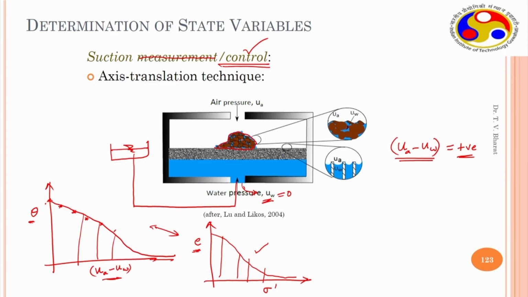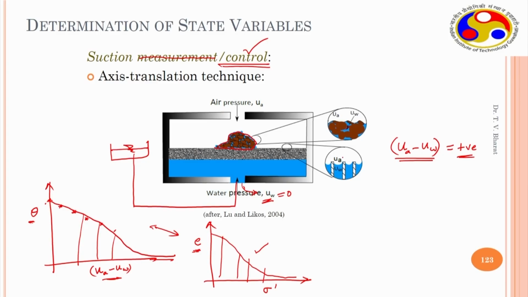So this is again a laboratory technique. This cannot be used in the field. To understand the field dynamics, you may have to get a representative soil sample, place it in the chamber and conduct the test by increasing the air pressure, and this way you can establish the entire soil water characteristic curve. In this particular technique you can do both drying and wetting, so you can establish the hysteresis. Once the air pressure reaches a certain value you can also start decreasing it, and water will be sucked inside and the water content will increase within the soil mass. So you will get the wetting path.